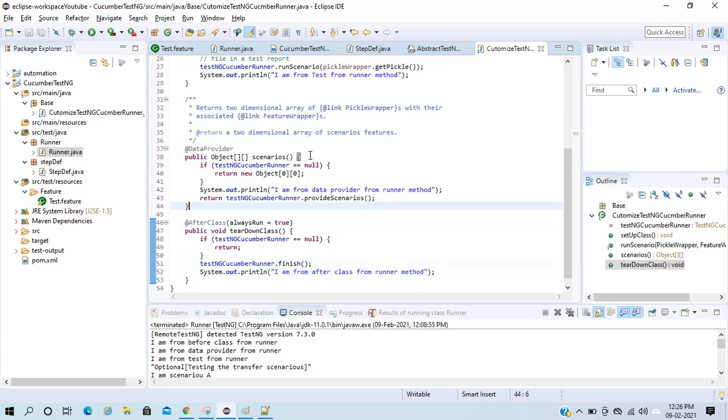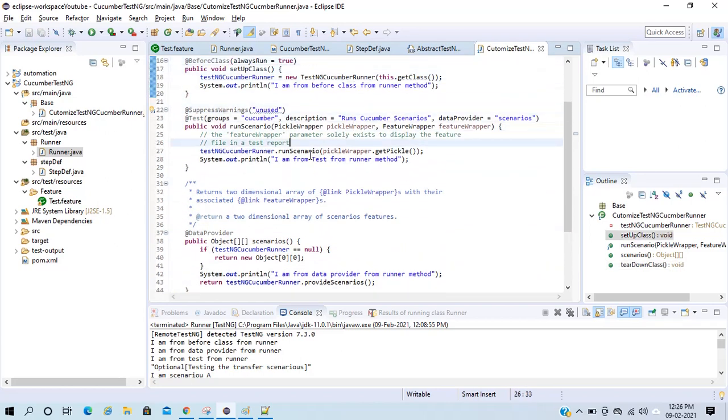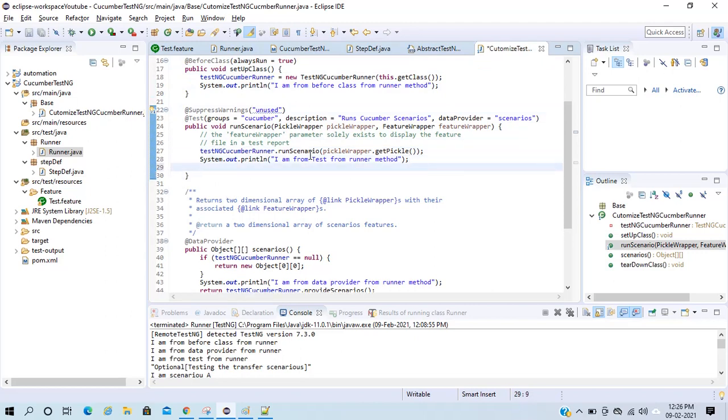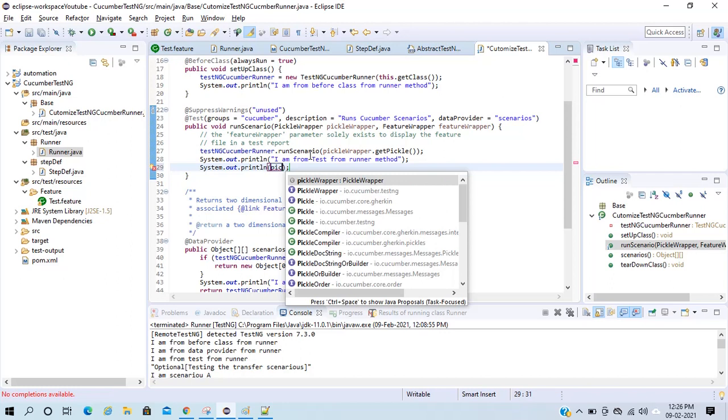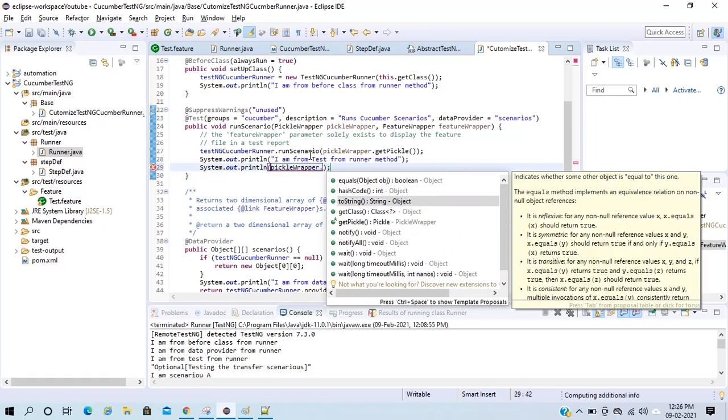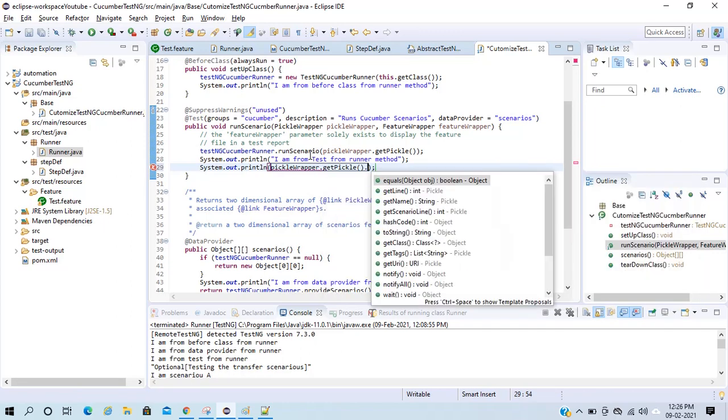Next, to know which scenario I'm executing, I will print the scenario name as well. You can do it with the help of hooks, but I will show you how to do it from the runner. You take the pickle, then get pickle dot get name.